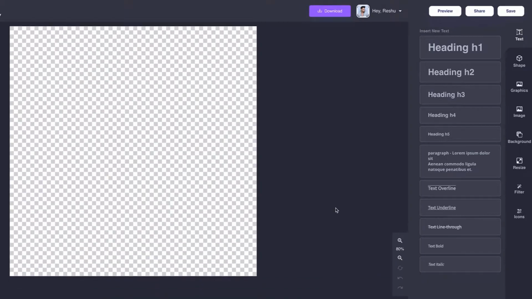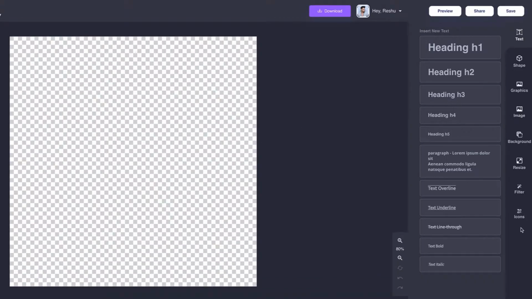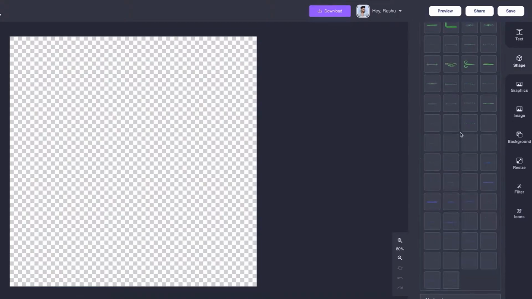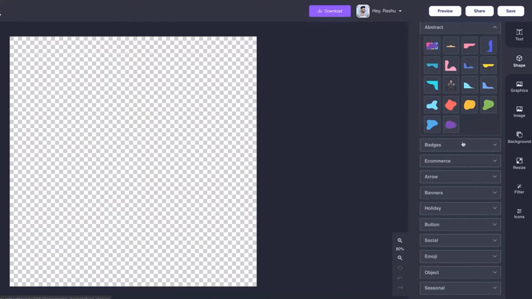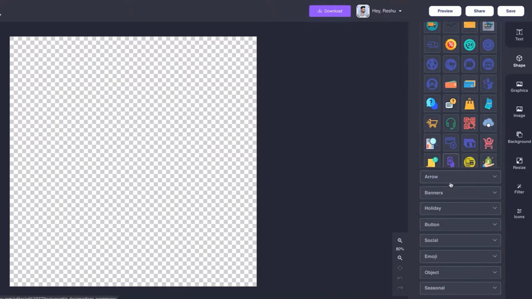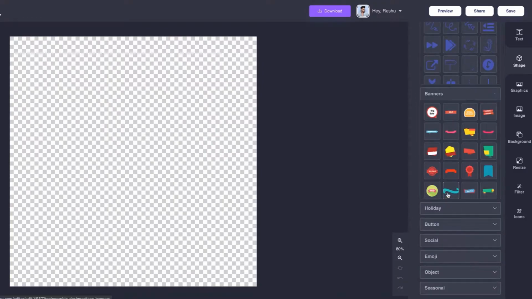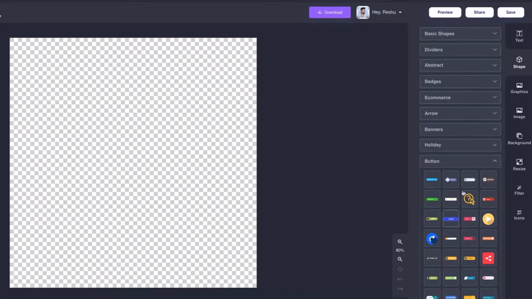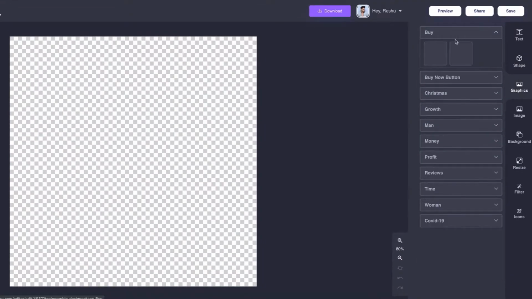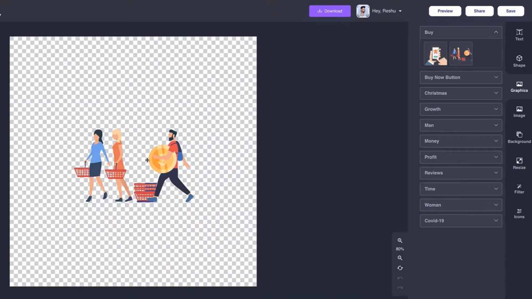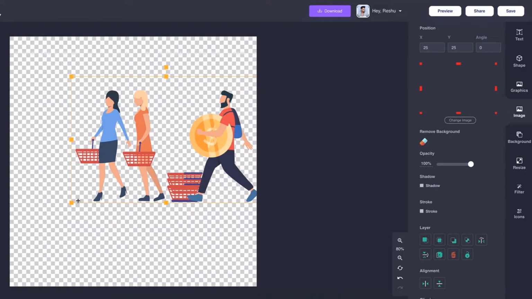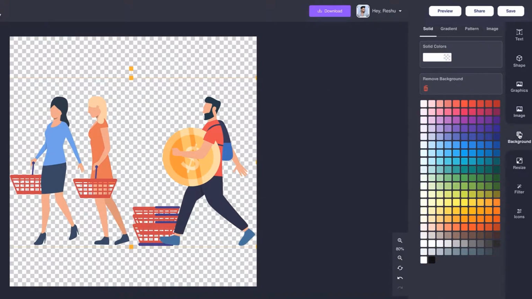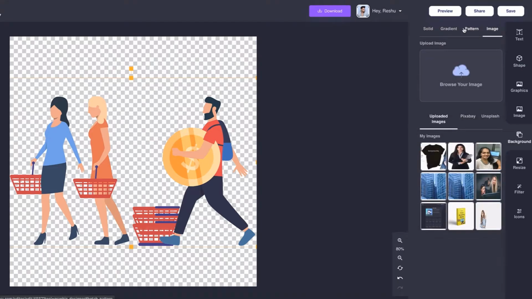This is how your editor will look. You will have all the options over here to add text, to add shapes. The editor remains the same for all the designing part, but definitely we have different templates and different features for every designer. Graphics, these are our custom made graphics our own illustrators and designers have made for you all. Different patterns of background.